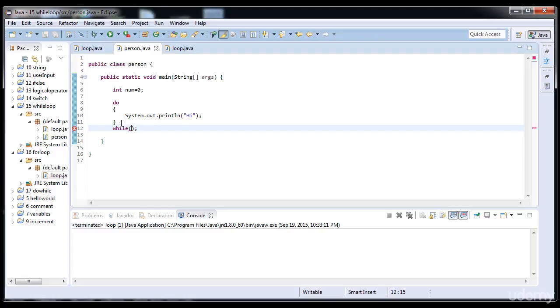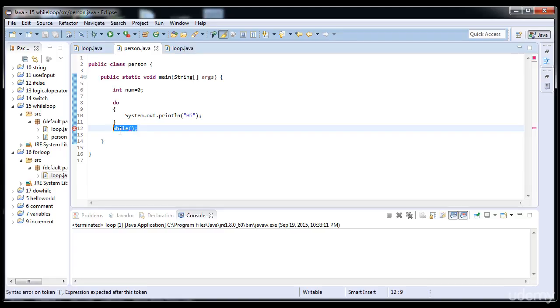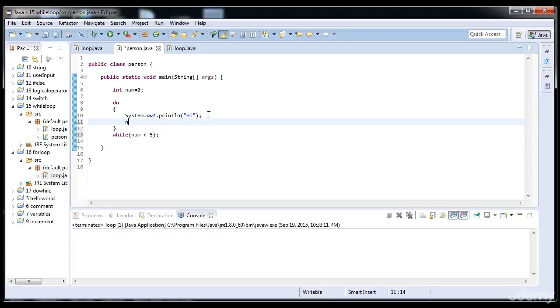First of all this code will execute, and then this condition will be checked. If the condition is true, this code will be executed again. Here I'm gonna write while num less than 5, and here I'm gonna increment the number. You know why? Because the number is incremented again and again, so the loop will be finite and the loop will end. And now let's execute it, and here first of all I'm gonna print num,